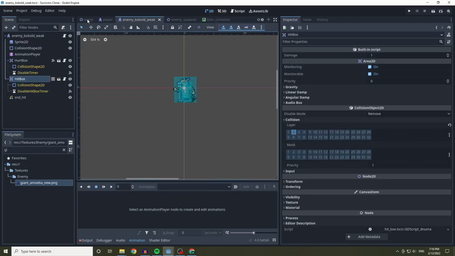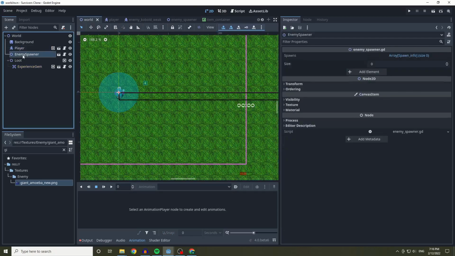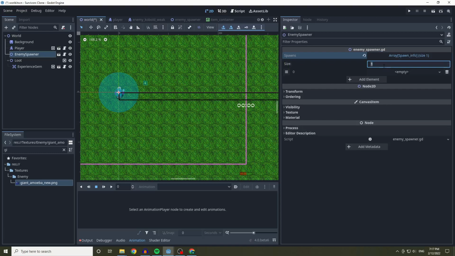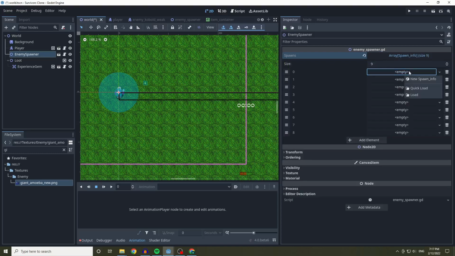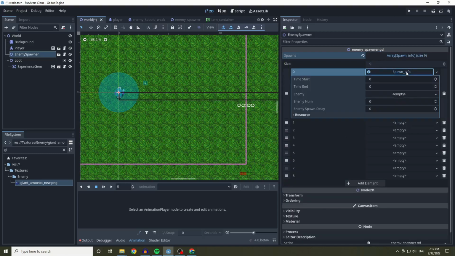And this is all of our enemies. And now we need to go back into our world and add it to our enemy spawner. So if we remember our enemy spawner, I believe that we needed to have 9 different, well, I need to add our spawn info classes into it. So I'm just going to make this 9, and now we just click on new spawn info class